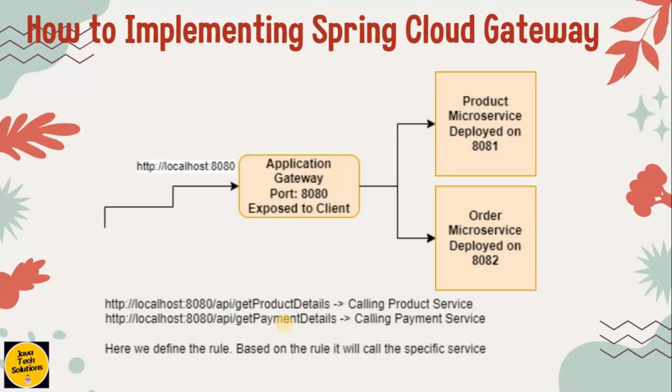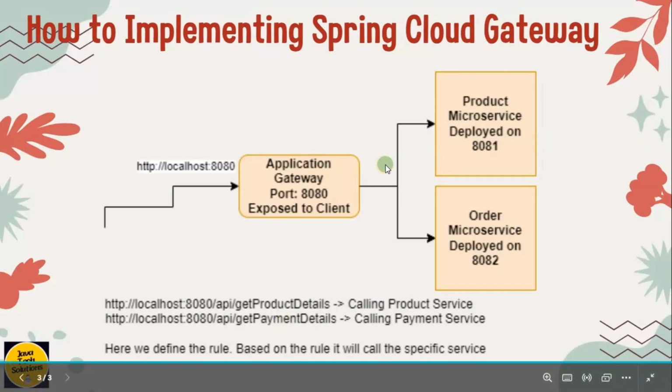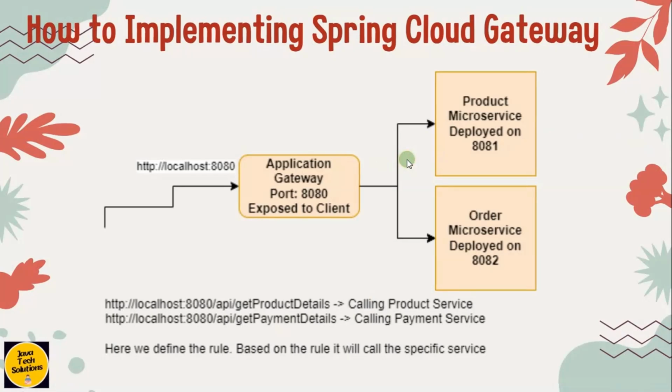I will try to cover both approaches, so stay till the end so you don't skip anything and can understand from the beginning. Next we will create those microservices, and then apply the configurations